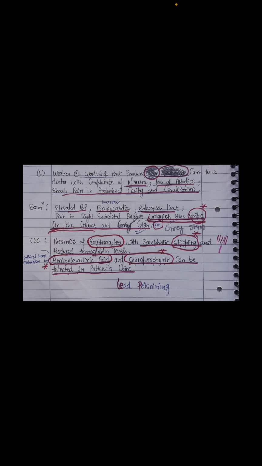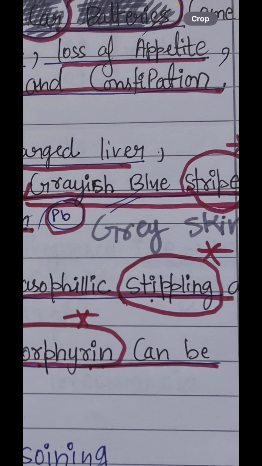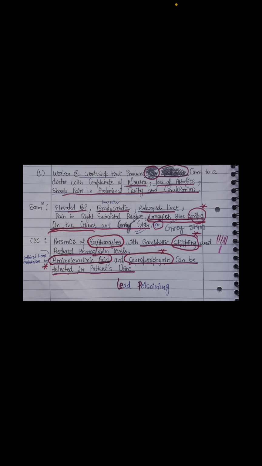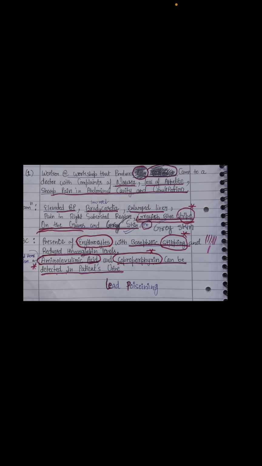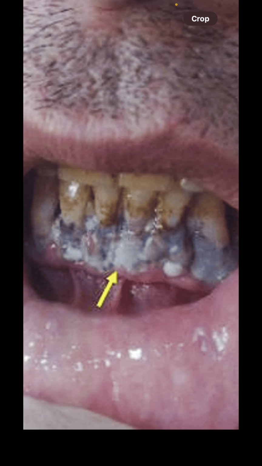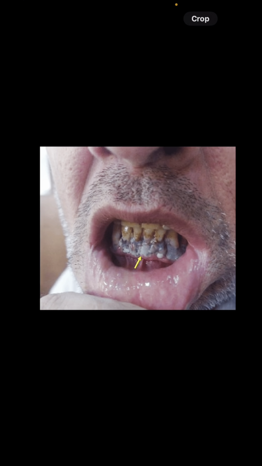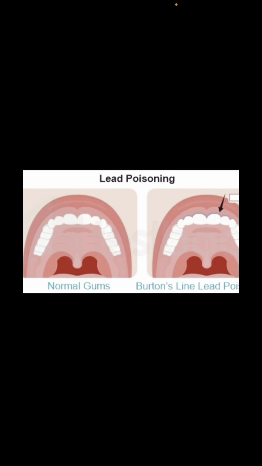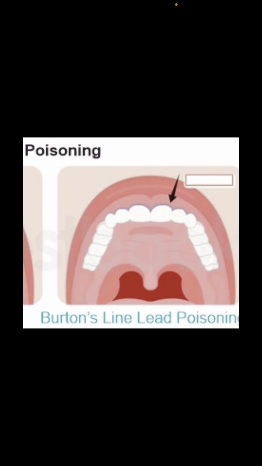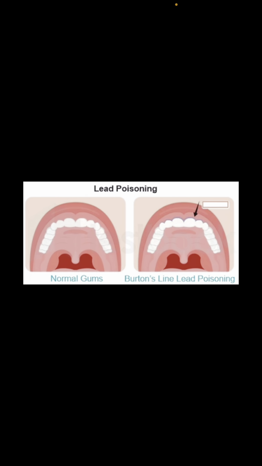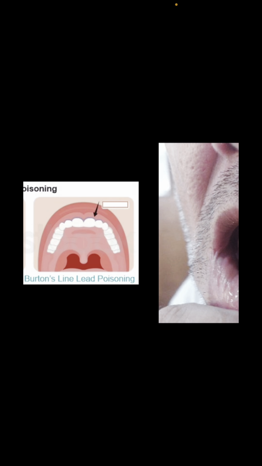Bradycardia, the patient noticed an enlarged liver, and this is exactly why I marked the car battery as this much gray, because we see the grayish blue stripe of the gums. Let's see it. I have a photo. This is how it will look. That's why I marked that car battery with this gray color. Also, you can see normal gums. This is a photo showing normal gums, and this is a photo showing the lead poisoning line. They call it Burton's line. You can see Burton's line very well in this picture.